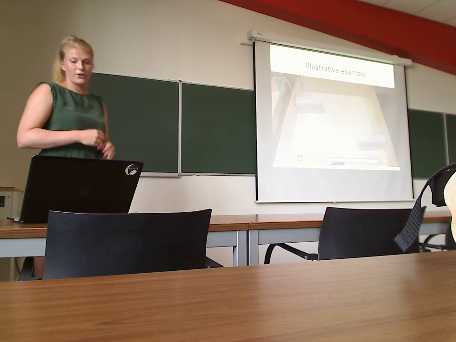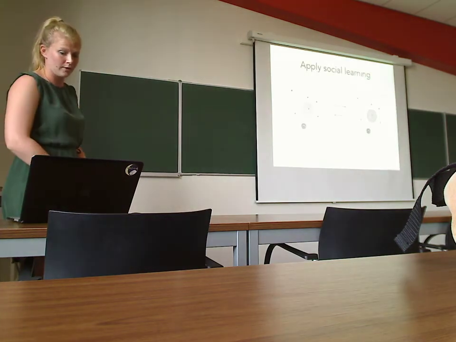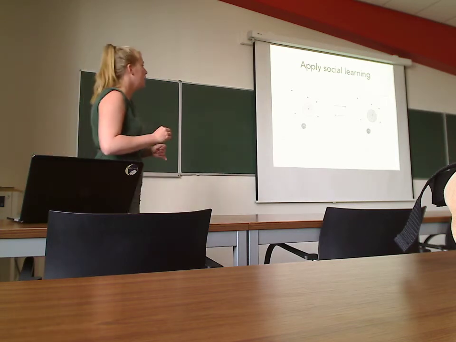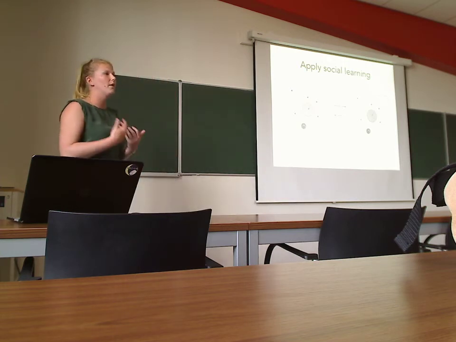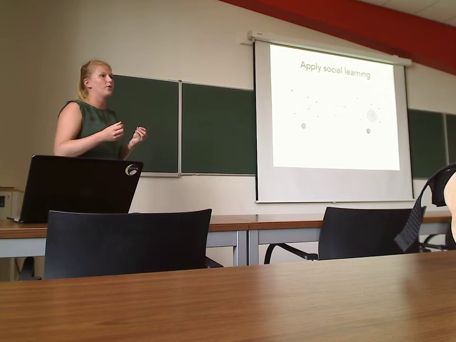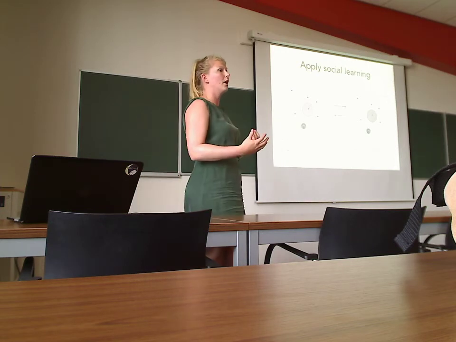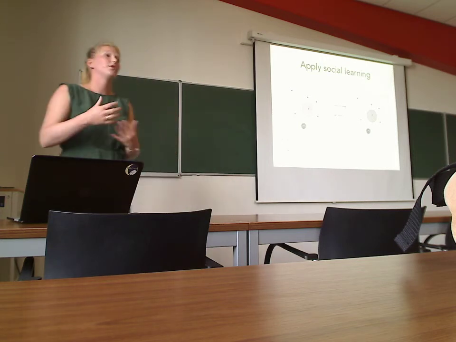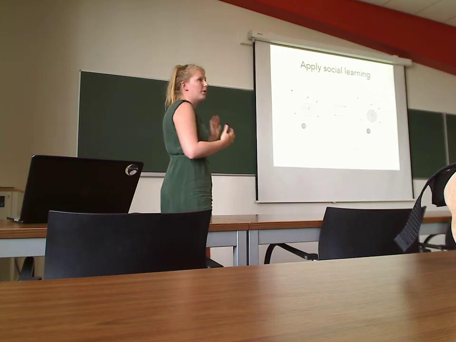So if this robot is now individually learning, how do we apply social learning? Well, for social learning, we have one robot in separate environments. We do this to not be influenced by the collisions of the robots in the arena. If you want to study the effect of more robots doing social learning and you have them all in the same arena, you have to make sure that your statistics are not influenced by all these collisions of the robots. That's why we observe them in isolation.